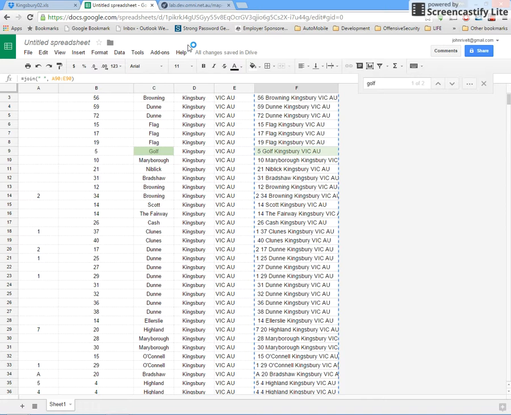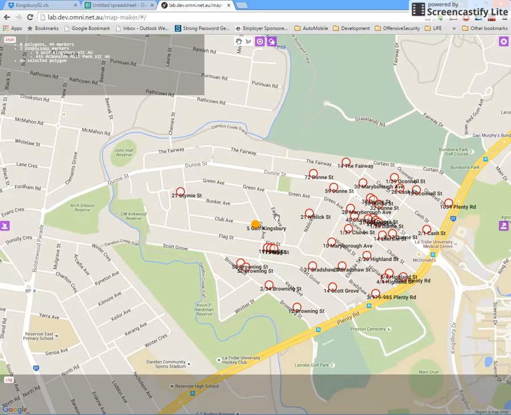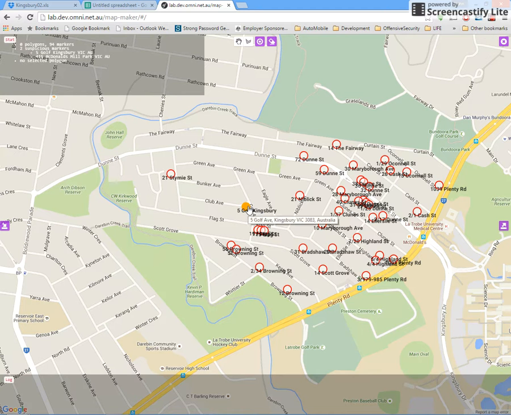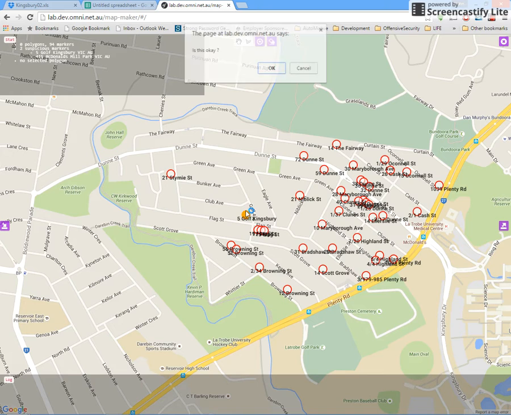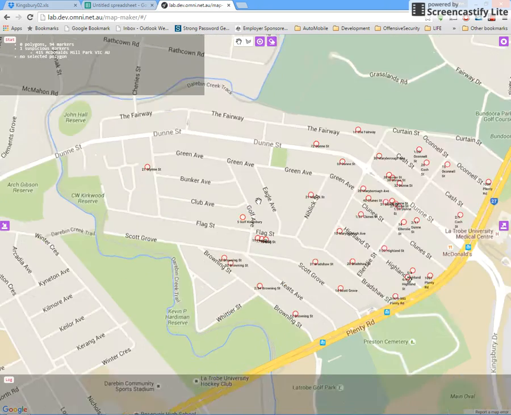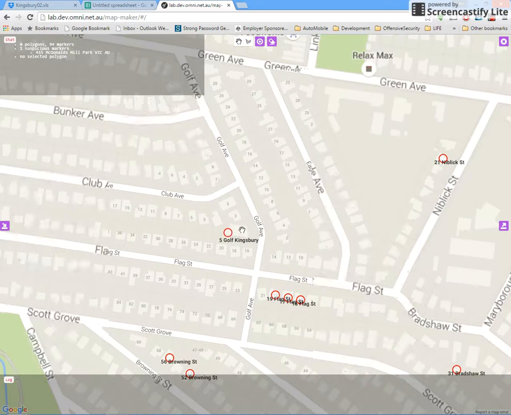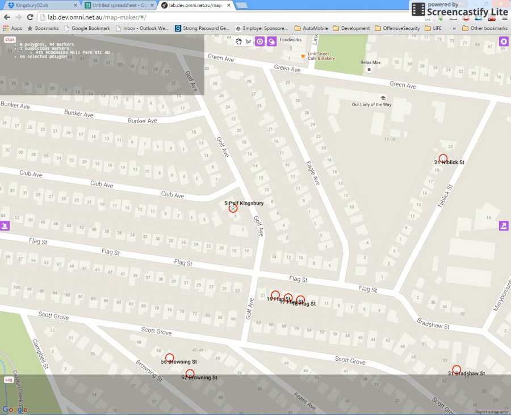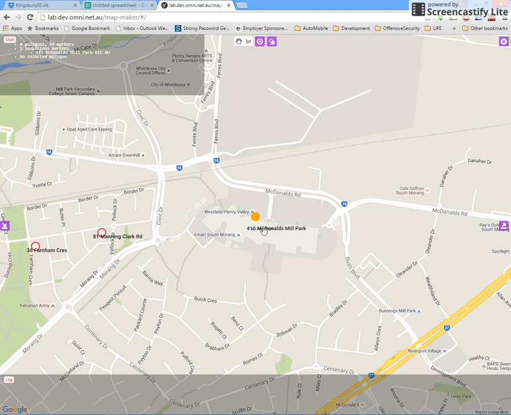It can be Golf Avenue or Golf Street, anything, so Google does not know that. So it says suspicious. We just click this one because pretty much this one is right. And if it's wrong, you can move it somewhere else. Done. Let's go to the next one, McDonald's. I think this is right, so okay.